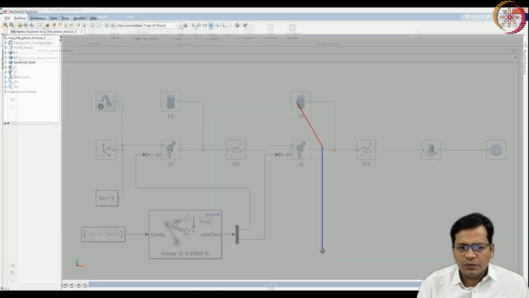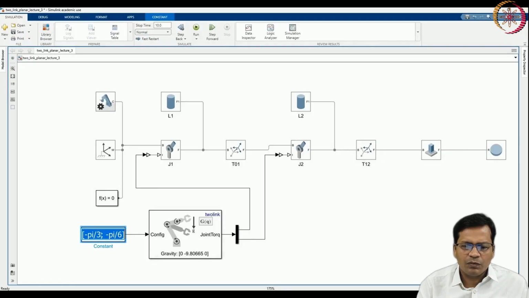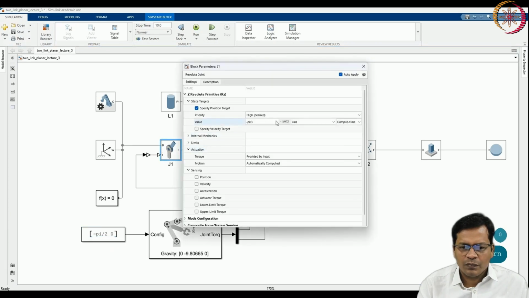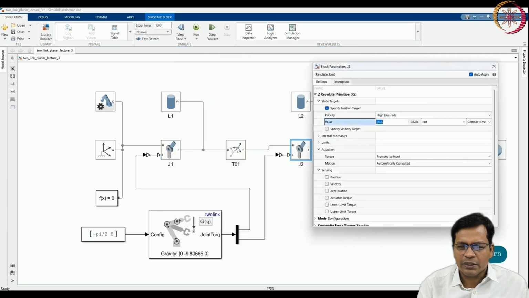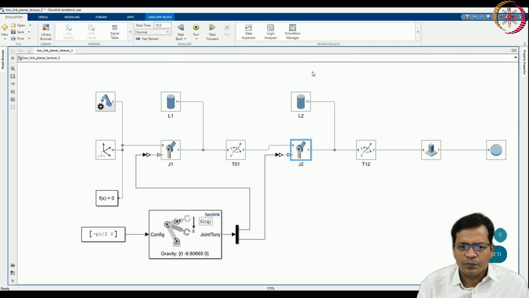Okay. You can try changing the joint angle once again. This time I am putting it as minus pi by 2 and 0. The same should be put here as an initial state, minus pi by 2, and for the second joint it is 0.